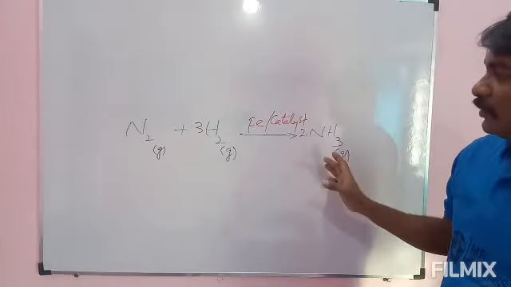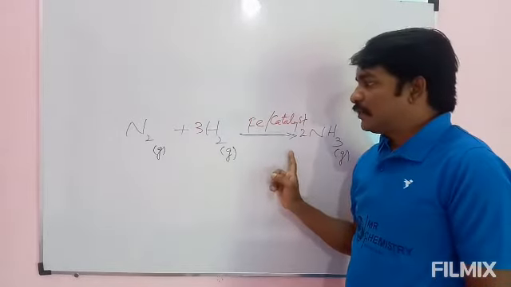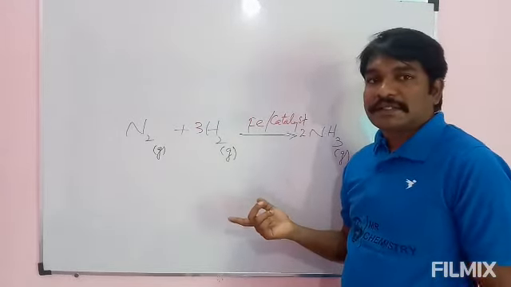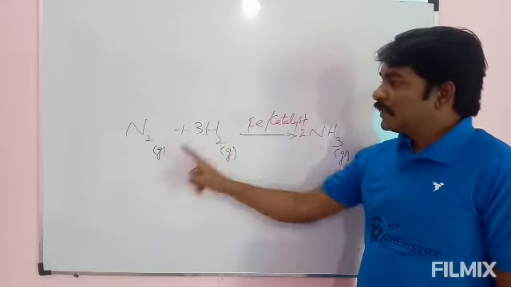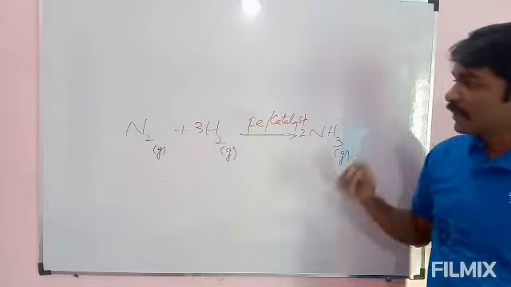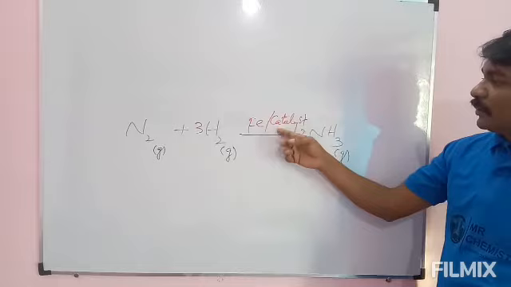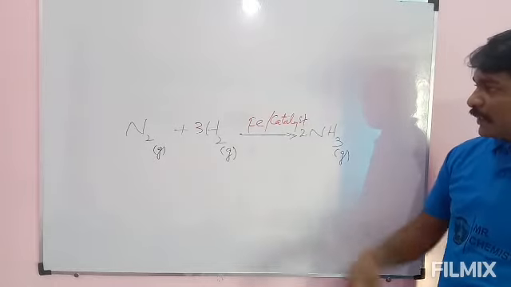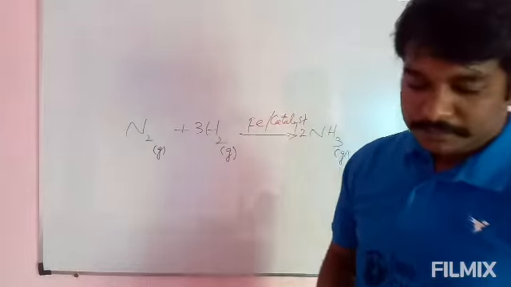See here what we have to learn. We have to write the basic equation, we call it a skeletal equation, and then we have to balance the equation. After that we have to mention the physical states of the reactants and products. If any special cases are there, we have to write the special cases on the arrow mark or below the arrow mark.